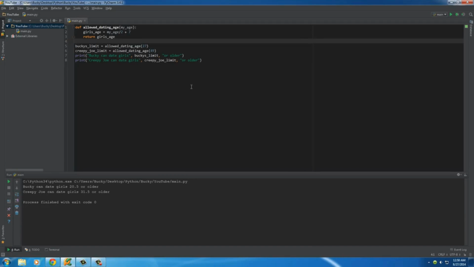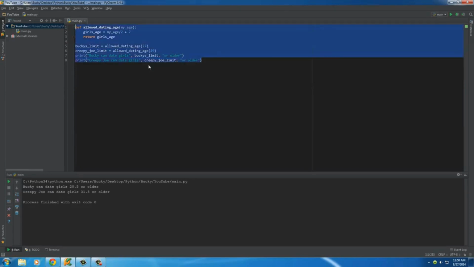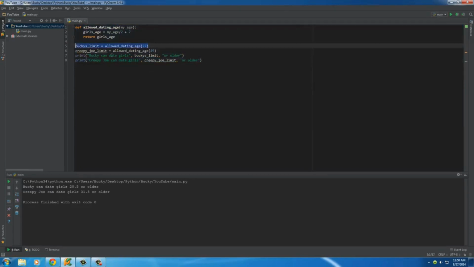And also another cool thing that you can do, and if anyone wants to do this for like a mini forum challenge, go through a list of, we'll say, ages like 15 to 60, and print the person's age, the dude's age, and their limit right next to each other, side by side, one row at a time. So that would be a pretty cool table. So if anyone wants to do that, post the